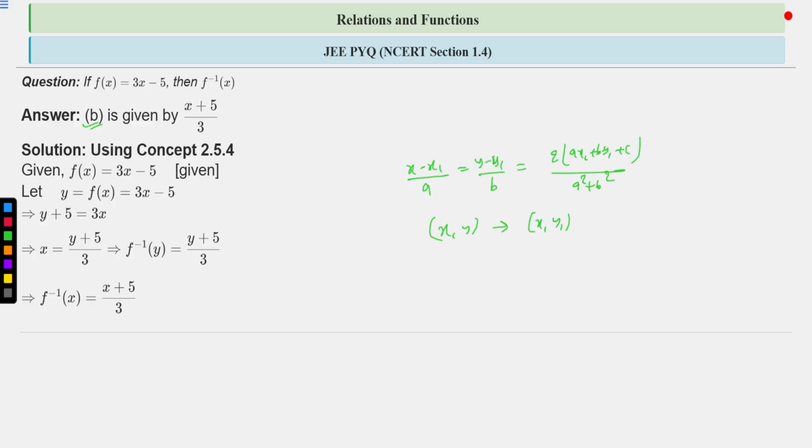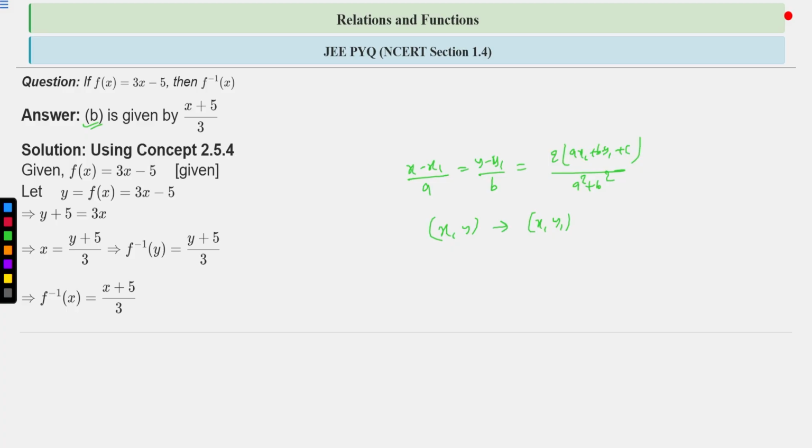Okay, if you want to find the reflection of a given function with respect to a given line, then you will take some point like (x1, y1) on the given function. Then you will take the reflection of that point with respect to the given line, right? And from the point which we have got, you will draw another function which is passing through that point, right? Clear?